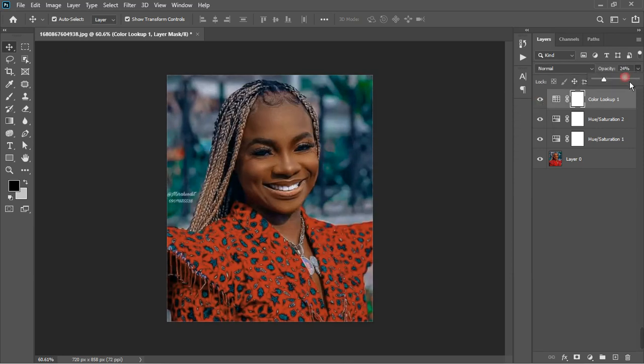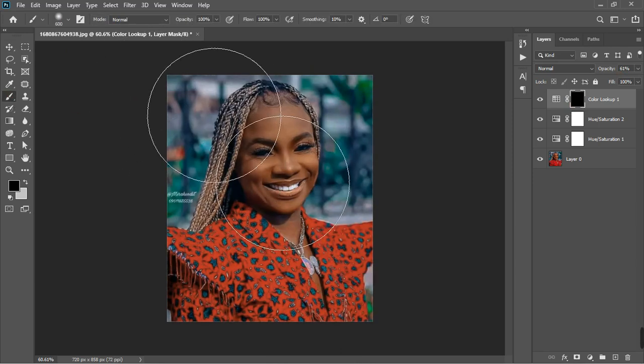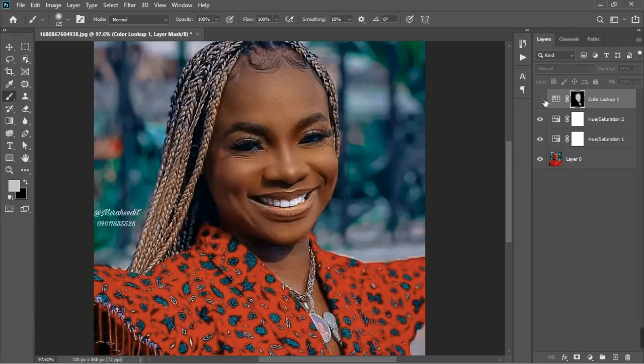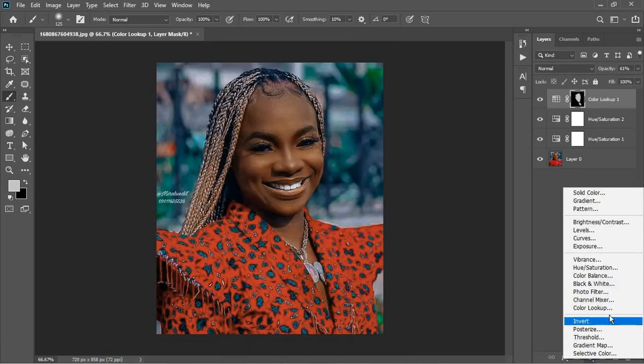So we can actually increase it and invert the mask, Ctrl I, and let's pick up the brush tool and decrease the brush size, make the foreground color white by hitting X on the keyboard, and we can paint on our face like this to remove that kind of reddish feel. And we have that, and I can also put it down below. So let's see before and then after, before and after,